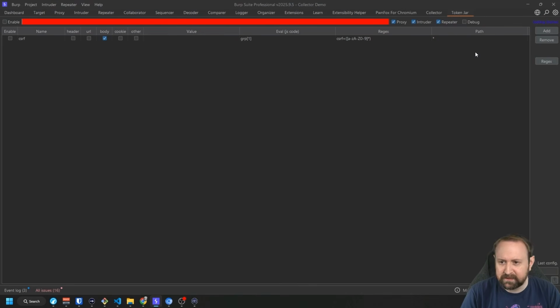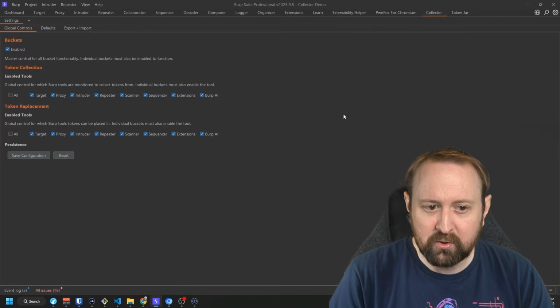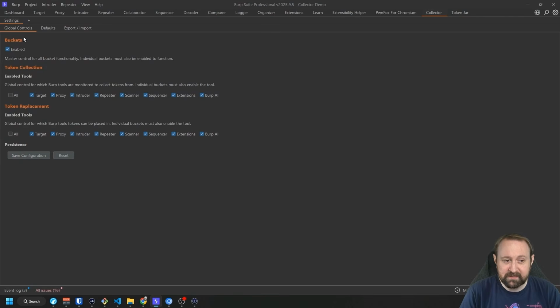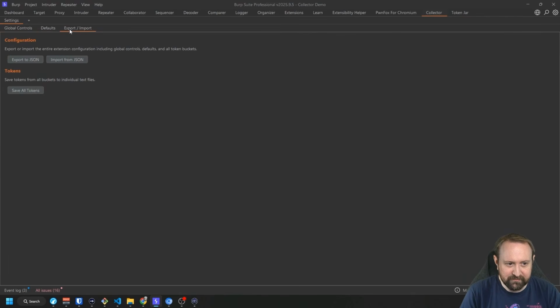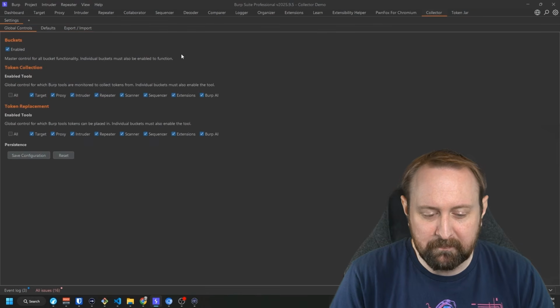It's very confusing. I thought, okay, there has to be a better way of doing this, because ideally what you want is a ridiculous amount of fine-grained control over where tokens are extracted from, and then also a separate fine-grained control over where tokens are replaced. And so that's kind of the core thing about Collector. I'm not going to lie, it's complicated, but I think it is complicated out of necessity. I'm not going to explain what global controls does right now or defaults. I mean, export import's pretty self-explanatory, but what we're going to do is we're just going to jump in to